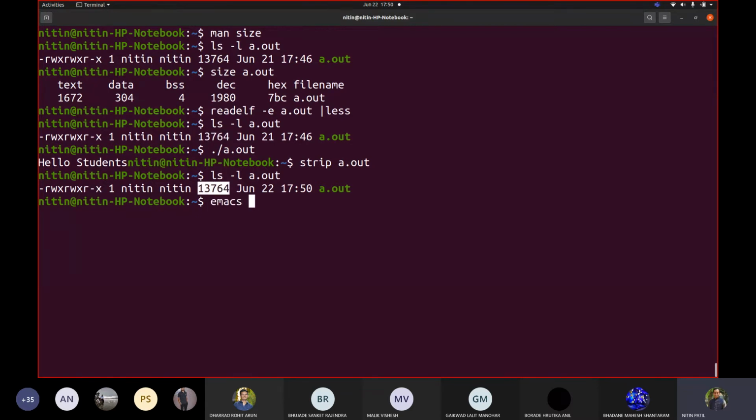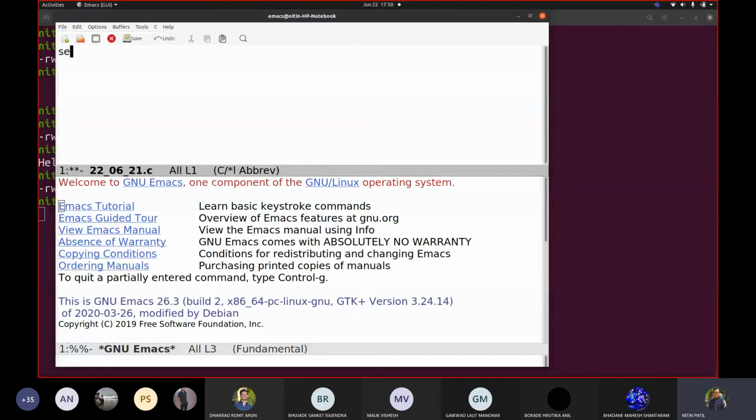Now let me add my code. It is 220620m.c. So I am writing main. I am saying integer i equal to 10. I am declaring one global integer j equal to 20.